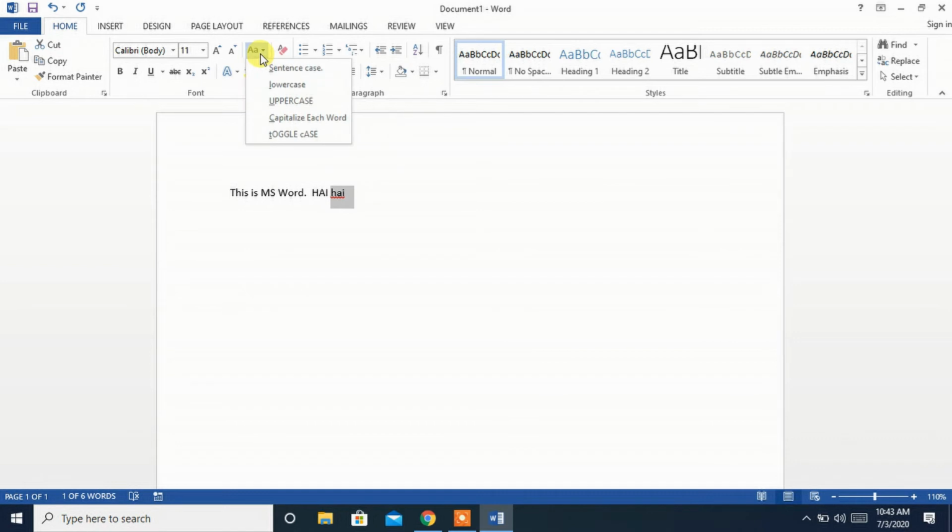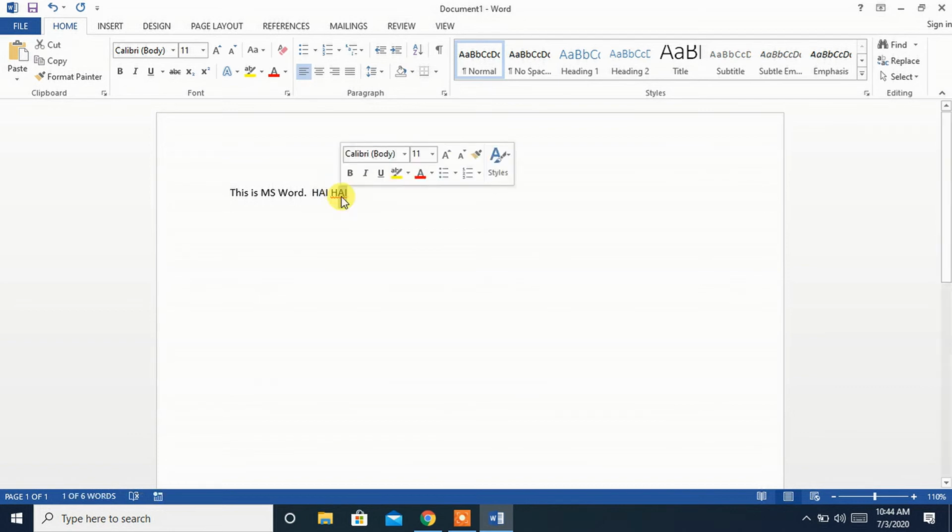Click that arrow mark. You can see the options lowercase, uppercase, capitalize each word, toggle case. So it is already lowercase. So I want to change it to uppercase. I am clicking on the second option, uppercase. Okay. So that is done. And if I want to again change this H and I alphabet to lowercase, select both of those alphabets, click on lowercase. So it is okay now.